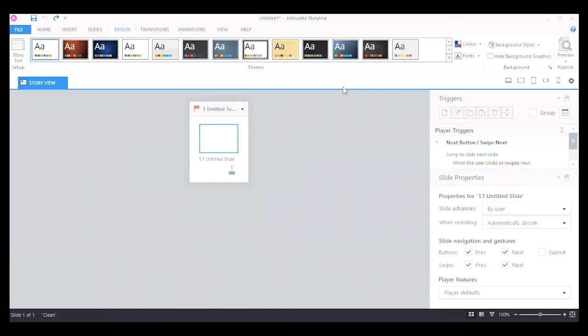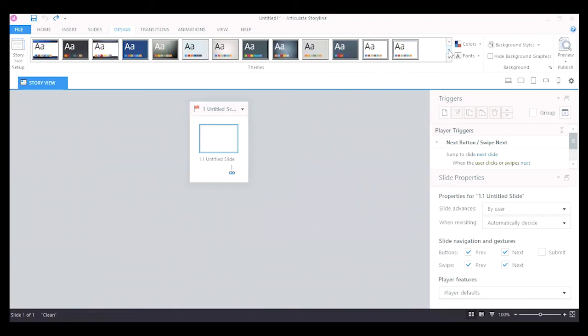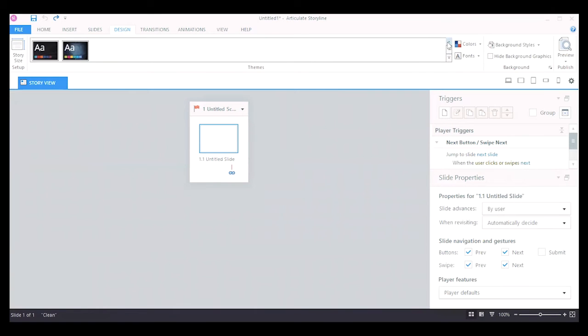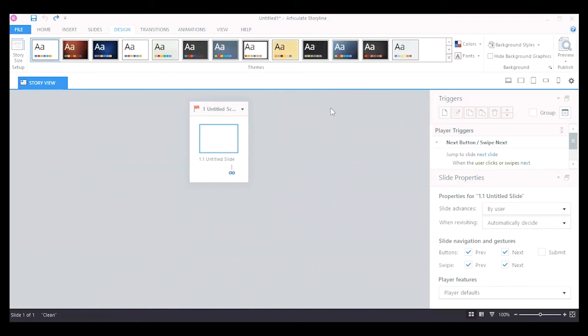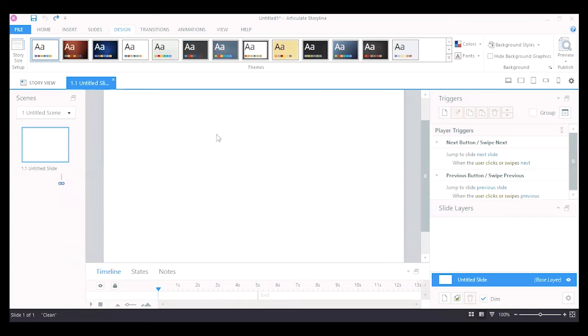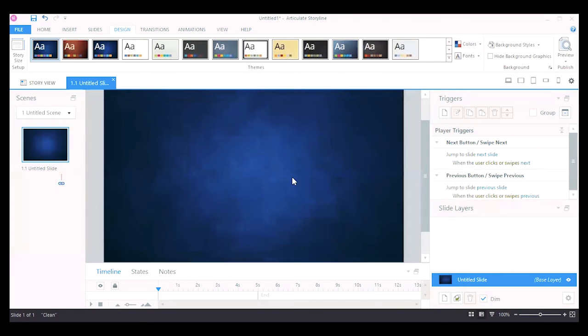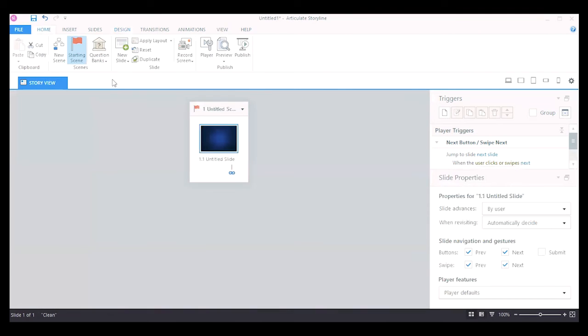The next option is that we can select a theme. As you can see, we have different options available. If we want to select a theme, we can always do that by going to our slide and then picking up the slide in the theme section that we really want to have. So now as you can see, we have the theme layout and then we can populate it with our content and our characters and how we want to move forward in the process. So for now, we can close this window.